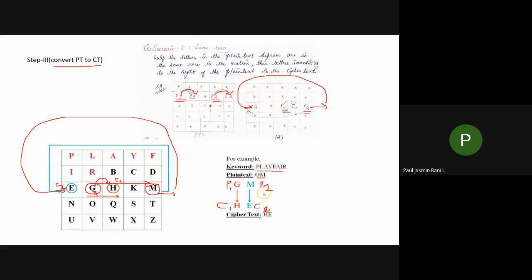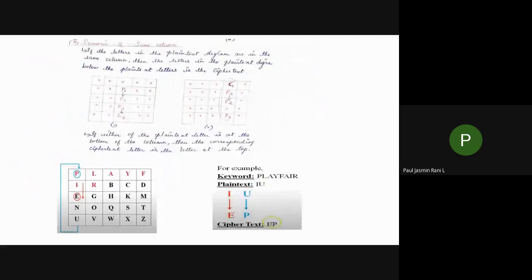The next scenario is the same column. Same column is just the opposite of this one. For the same column, let us consider the same example. If it happens in the same column, let us consider this is your P1 and this is your P2. You have to see this P1 and P2. So P1 and P2 lie in the same column. If it is the same column, then next to your P1 you have to take that letter, the next letter, as C1.